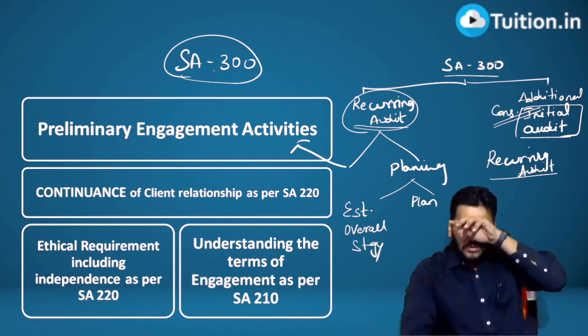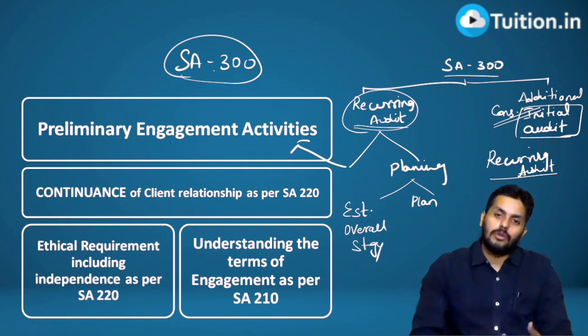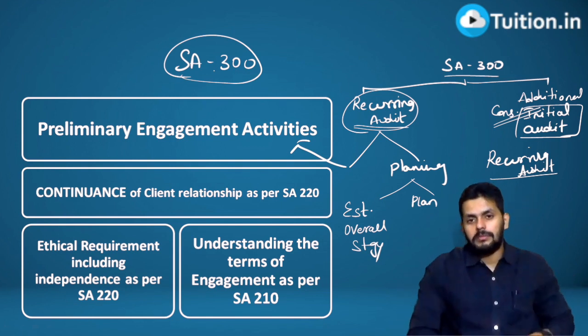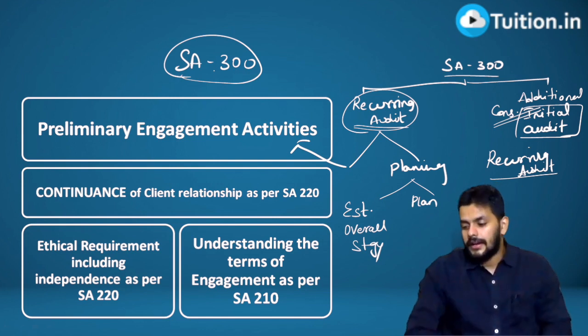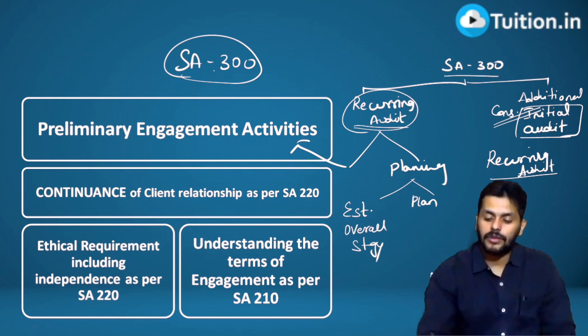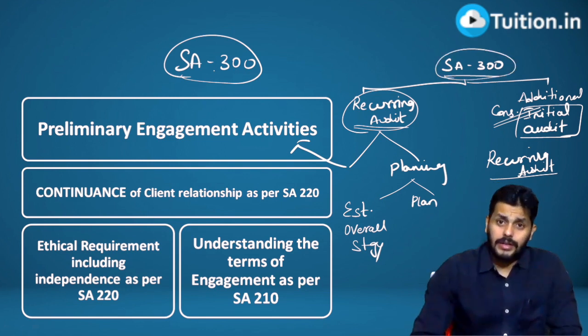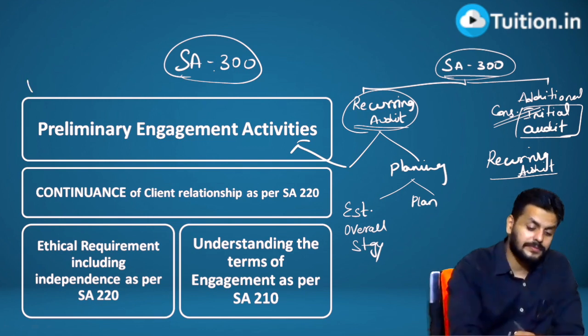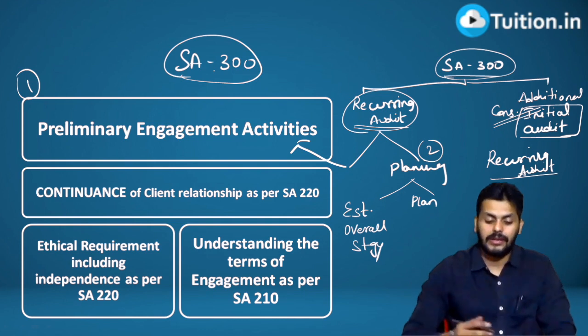So if you're carrying notes right now, whenever you find certain things important on screen, it's always good to make notes. If you haven't made one before, or if you already have one and you're cross-referring that, it's amazing, right? So in standard number 300, we're talking about recurring audit, and in recurring audit we'll do two things. One is preliminary engagement activities, and two, planning activities. Now we'll get to that. First,